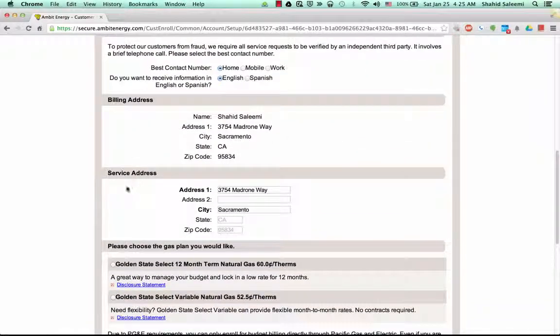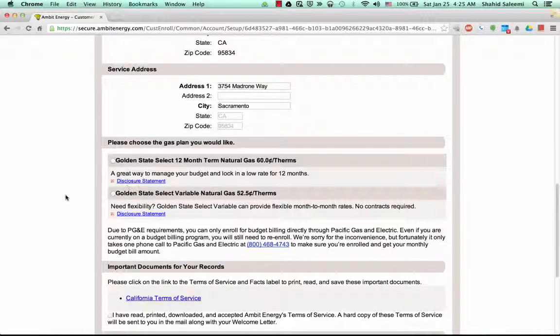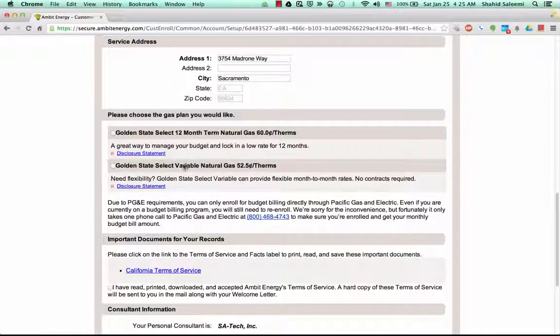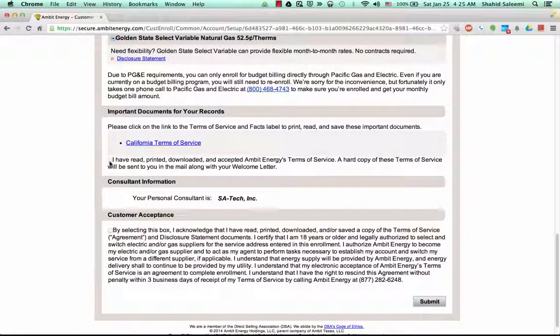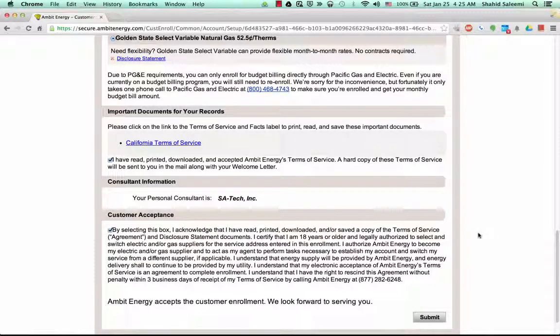Here again you have the billing address and the service address listed. Just select the rate plan. They are giving you another option to change your mind, so select the rate plan, and let's select the variable here, and then you have to select the terms of service agreement here. Just check this box, and then customer acceptance, and then check this box. After that,